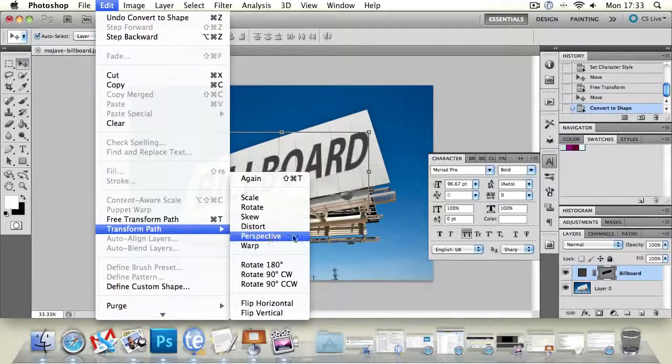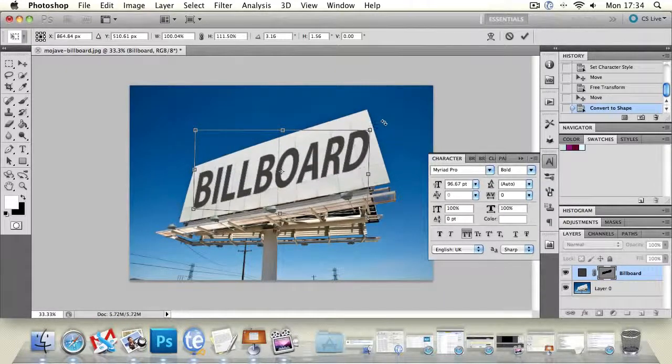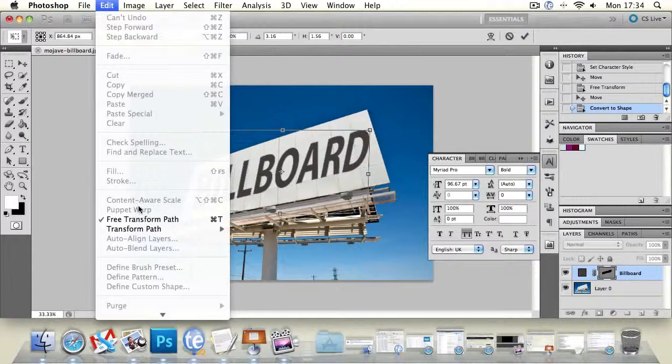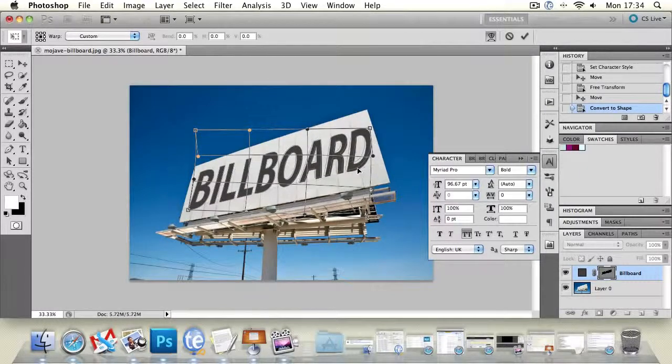So let's go to perspective, which is going to help us change the perspective. It is literally a matter of just tweaking, changing things piece by piece until you're happy personally, until you think it looks quite reasonable. And if you get a little bit stressed out, a bit fed up, just use the warp tool, and with a little bit of practice and a little bit of patience, you can actually start to make things look